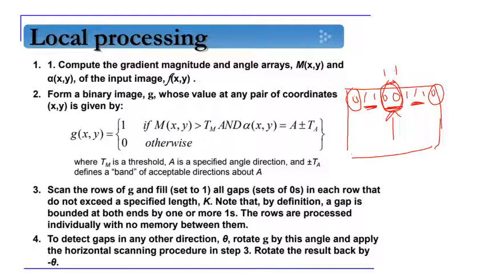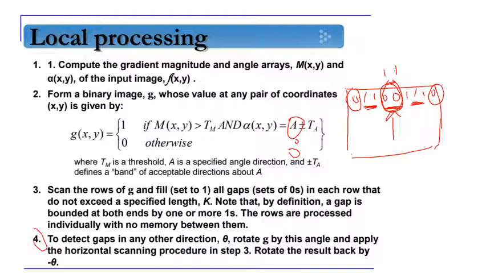Now this is only in one direction. We have assumed initially that the value of A is 90, so it is done in only the vertical direction. Similarly, if I want to go for the horizontal direction, I will set this angle A to the angle for the horizontal direction, let's say 0 degrees. The 0 degrees represents the angle for horizontal, plus or minus. For doing this, what do we have to do? We have to go for step 4.